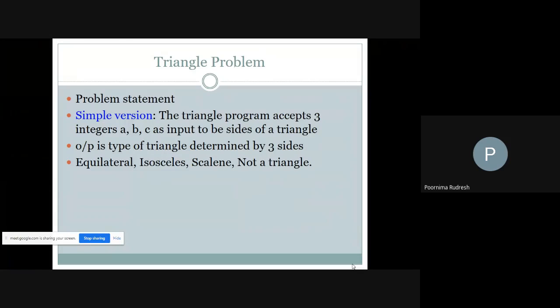In the triangle problem, we are going to find the 3 types of triangles: equilateral, isosceles, scalene triangle, and the last option is not a triangle. So when we say that the given triangle is an equilateral triangle,